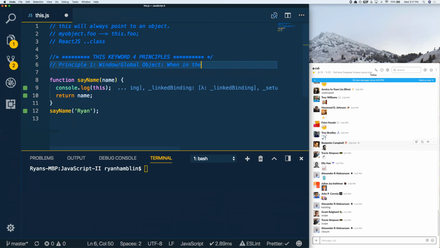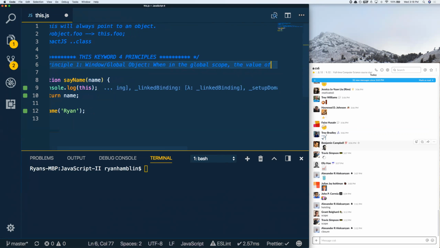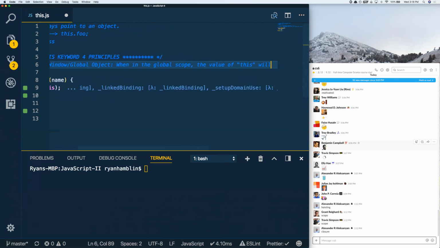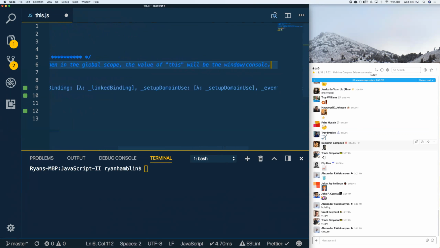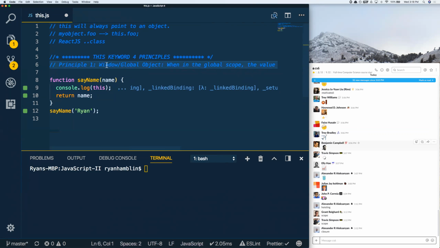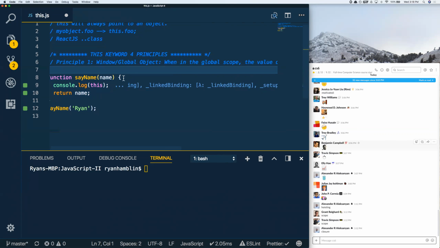When in the global scope, the value of this will be the window or console object. That's our first binding principle, like what it is that's going to bind us. And I'm going to draw these from a very popular JavaScript